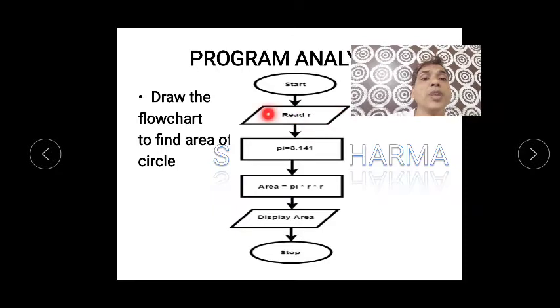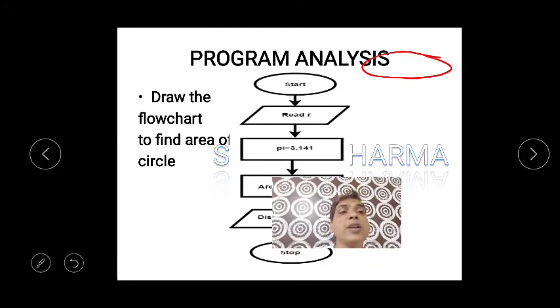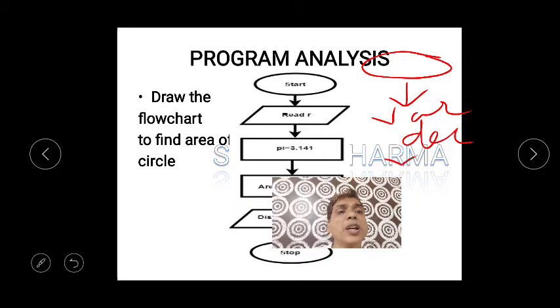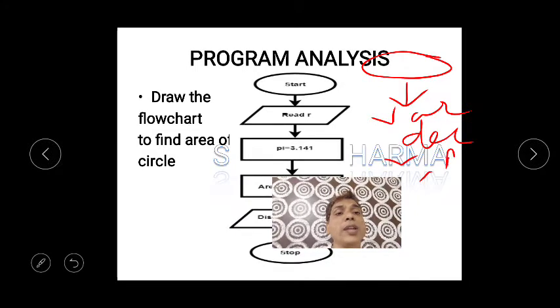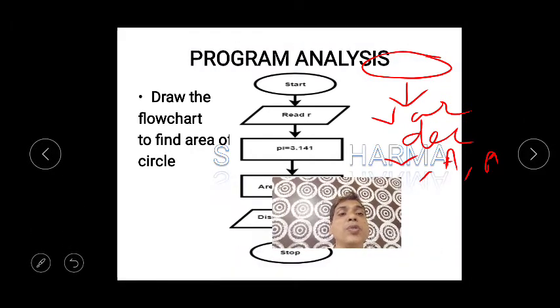Then if you want you can use variable declaration, but if you don't use it, that will do. Suppose after start you can use variable declaration, whichever variables you want to use, like r, a, or pi. Otherwise this will also do.